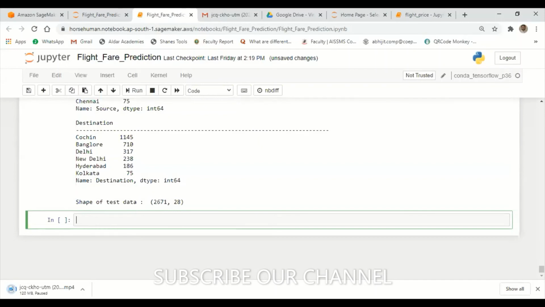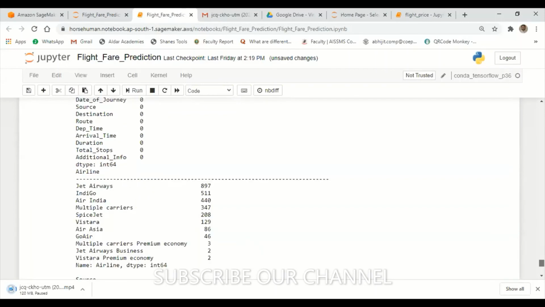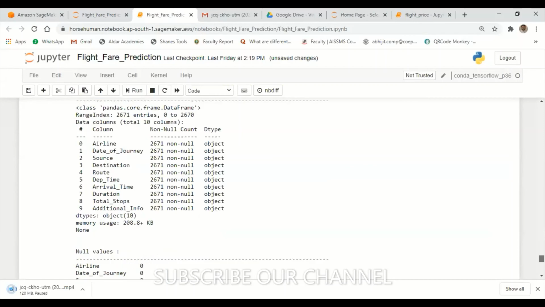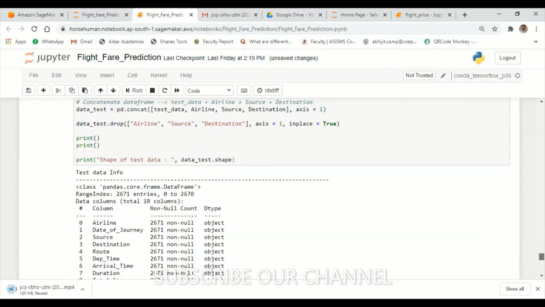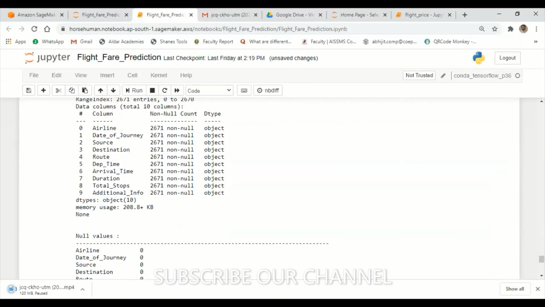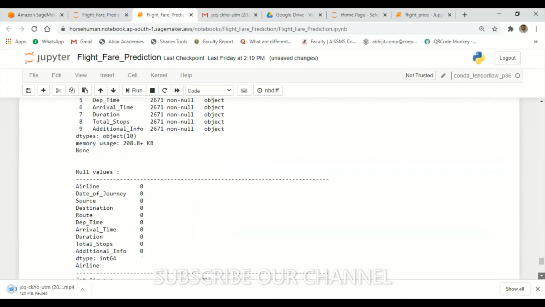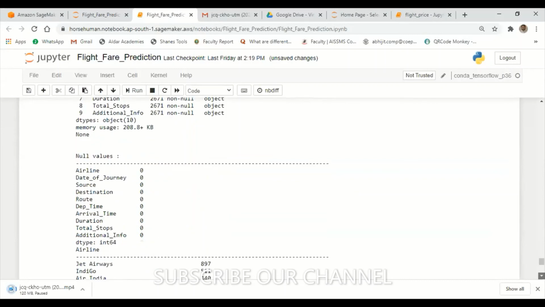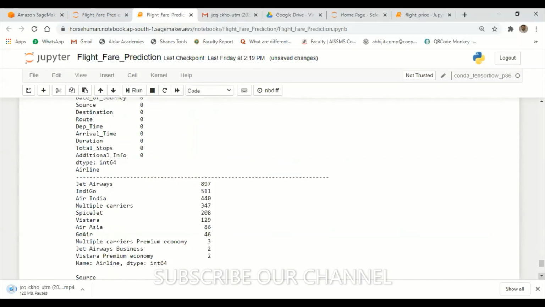Same thing, I'm not doing anything extra here. Pandas core data frame objects, integer type. Next we have null values. There are no null values here. Jet Airways, IndiGo, 897 records I have.